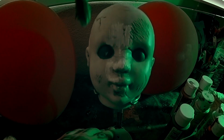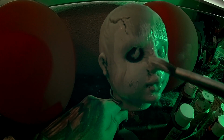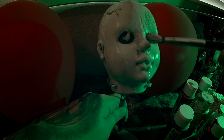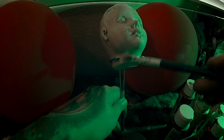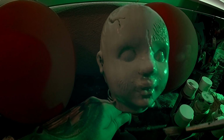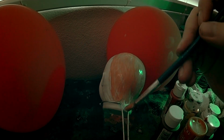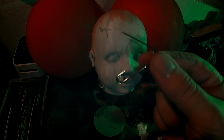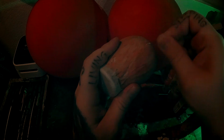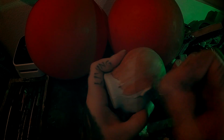I start by quickly adding a layer of white acrylic paint, keeping my strokes fast and light. Next, I will color the parts of the head to establish an area where the hair will lay in orange. After I let both of these dry, I will then take a sharp object. In this case, I am using a safety pin. I then use this to create cuts into the plastic of the doll heads to create depth and lines for